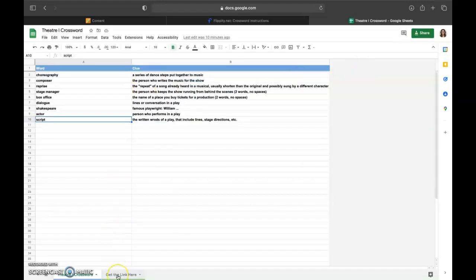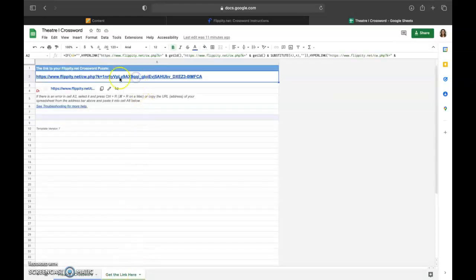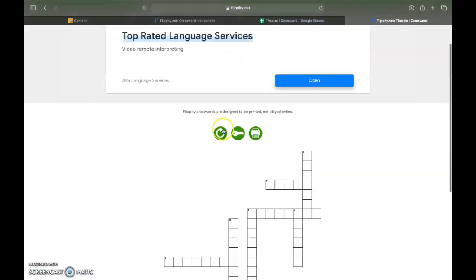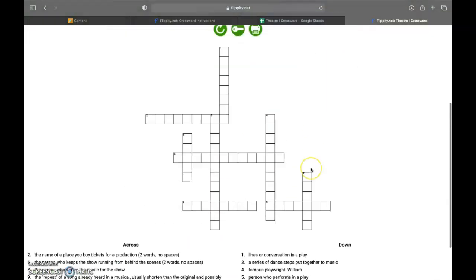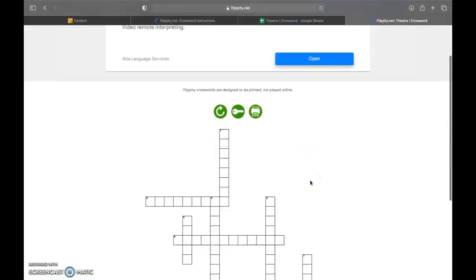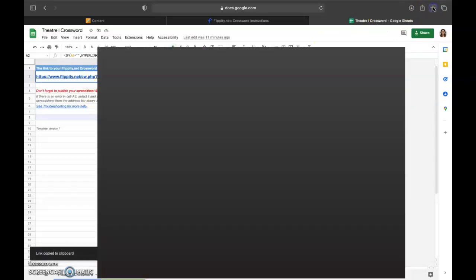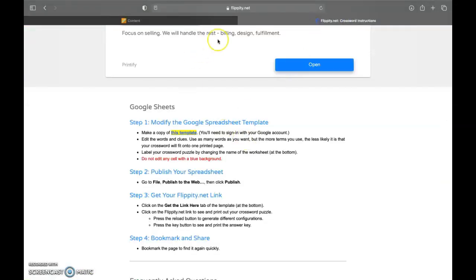And in doing so, you can go to the get the link here segment, come right here to this link, click on it, and there is your crossword puzzle. And again, it works the same way. You can regenerate any configuration of it, because there is a really cool generator that makes it work. So you can also come right here and click this paper on paper, and you can copy the link and put it into your search bar like this. And there you have it. You'll have your completed